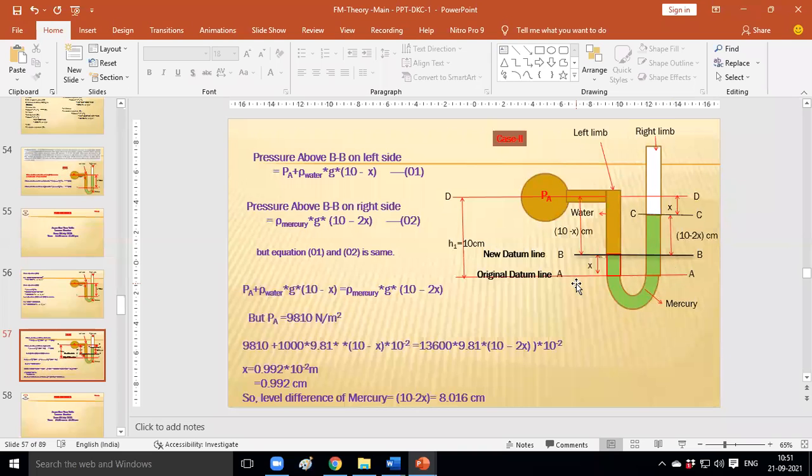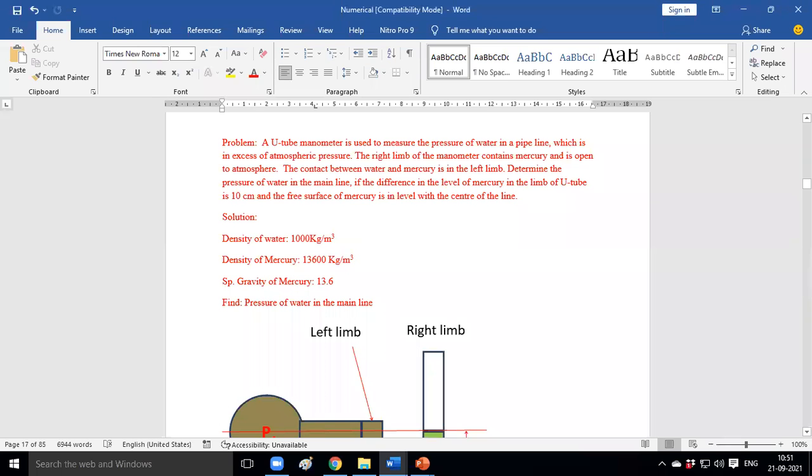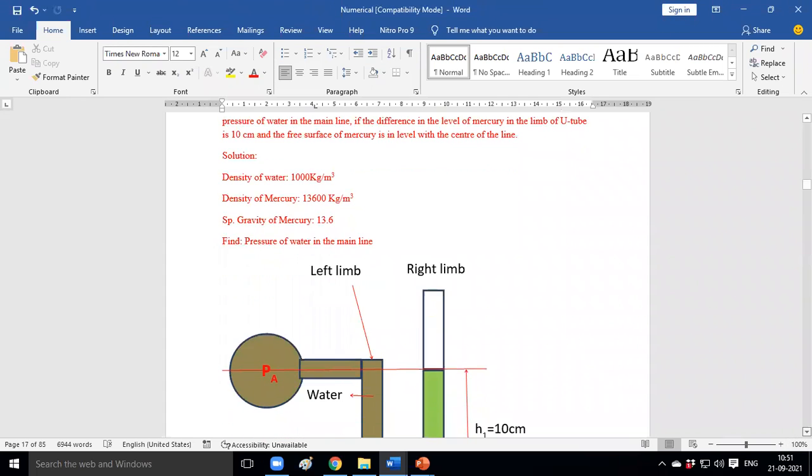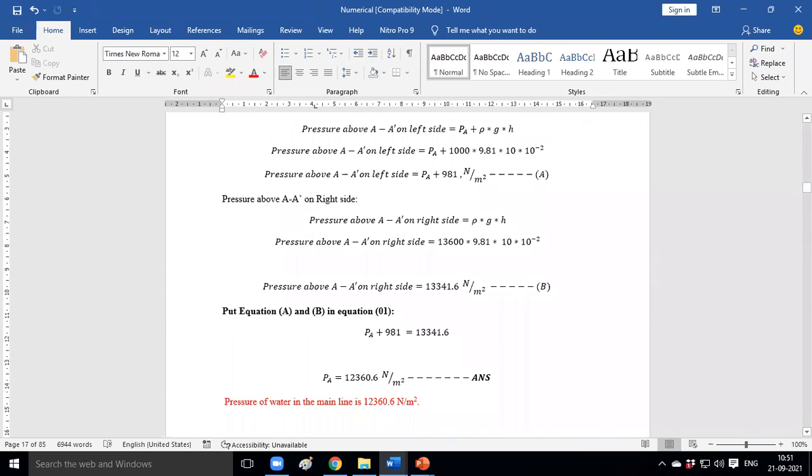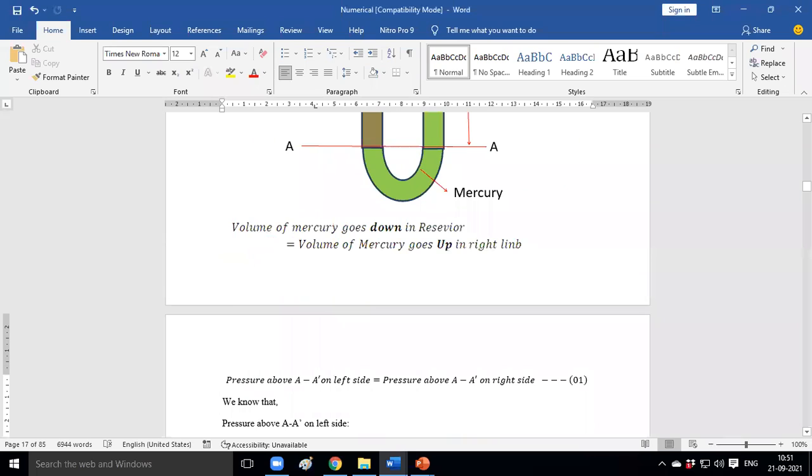And then we can solve the numerical based on the same equation. Which equation? The pressure above the datum line. Which datum line do we need to consider? Second case, BB dash. The equation will be slightly changed. I will write the equation just for the understanding purpose again. In the second case, we can call this as a